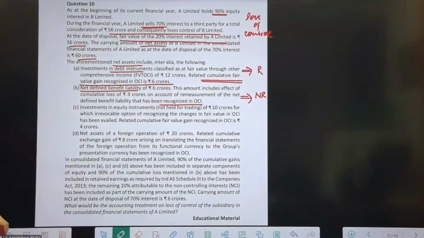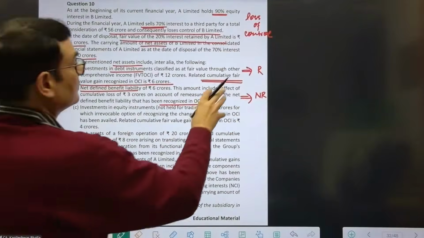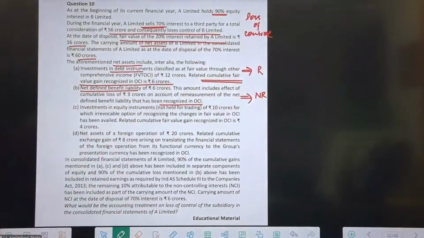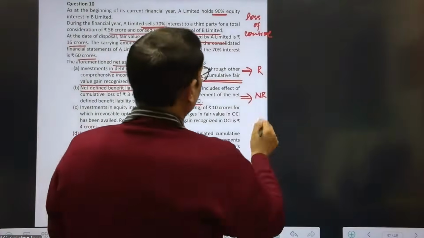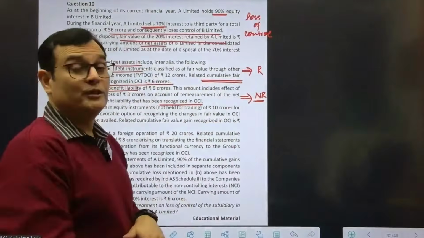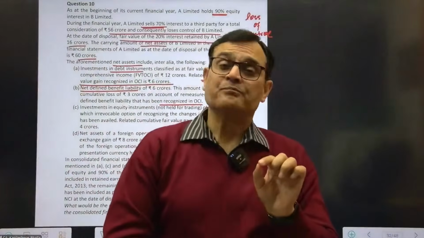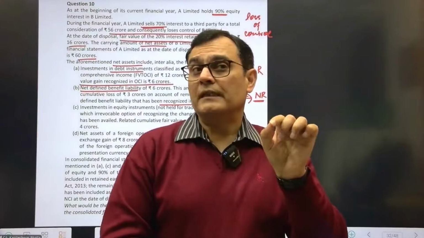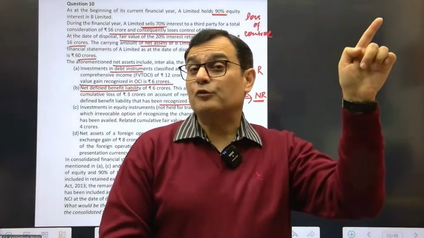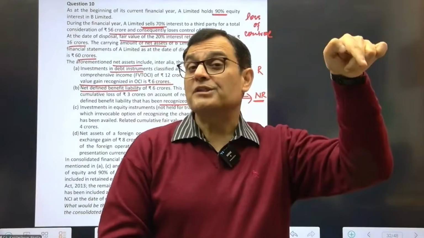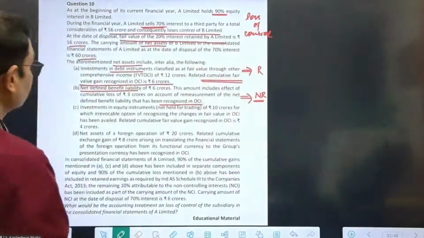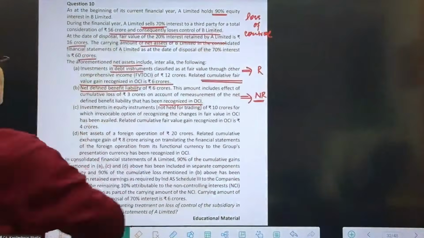So R will be taken to the P&L proportionately. That is, to the extent of the parent share will take it to the P&L. This proportionately will be taken to the retained earnings in this case. Though, let me also tell you that in terms of net defined benefit, this money already goes in retained earnings. If you remember, in terms of Index 19, you would have done the remeasurement gain or loss goes in OCI, but from the OCI, it doesn't go in tab 3, but it goes in tab number 2. This is an exception in Index. I hope you remember. Though I didn't cover Index 19, but you might recall.